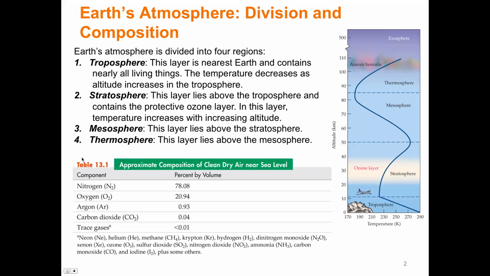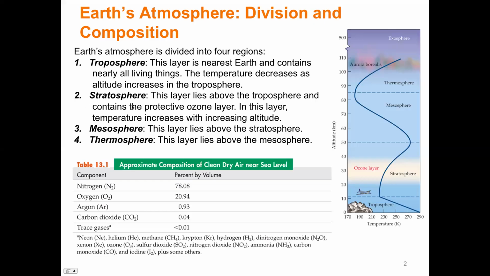Okay, so these components are here at sea level. So this is what you'd find in the troposphere. And as you can see, it's mostly nitrogen. Of course, we don't breathe nitrogen, so we'll go over how we get our nitrogen. Oxygen, which is obviously important. And in that, there's argon and CO2, as well as some trace gases. And if you're wondering what those are, you can see them here. There's all kinds of trace gases, and you can see some of them are involved in pollution later on. So it's not that these gases don't exist in the atmosphere, it's just that the levels that they're going into the atmosphere at is what is not normal.